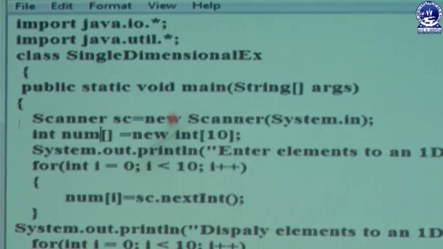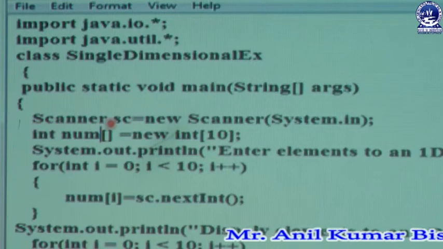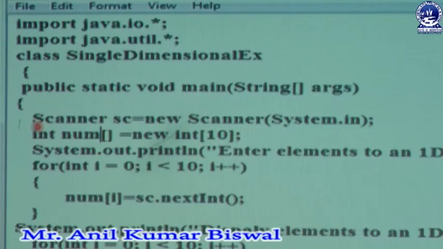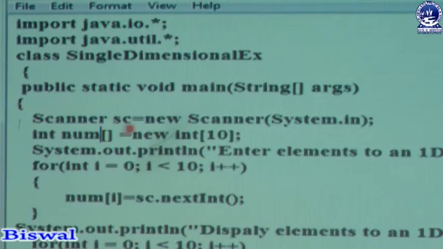In that method we have dynamic allocation, or you can say a runtime inputting process. That means at the time of execution the user can easily give any type of constant to that memory location with the help of a Scanner object. First declare the Scanner class, with S capital, then an object sc equal to new Scanner, which is a constructor. In that constructor we have the parameter System.in; System is a predefined class, S capital, dot in, ending with a semicolon.